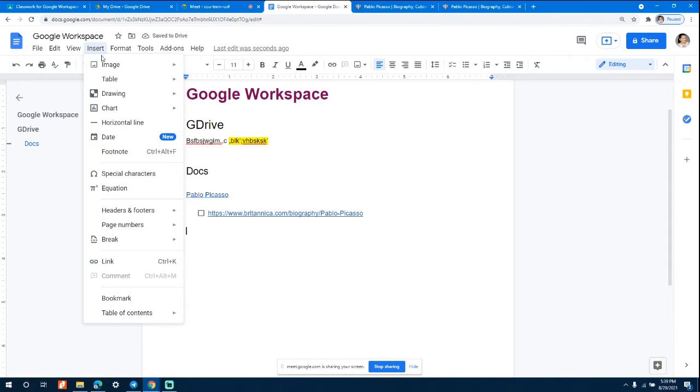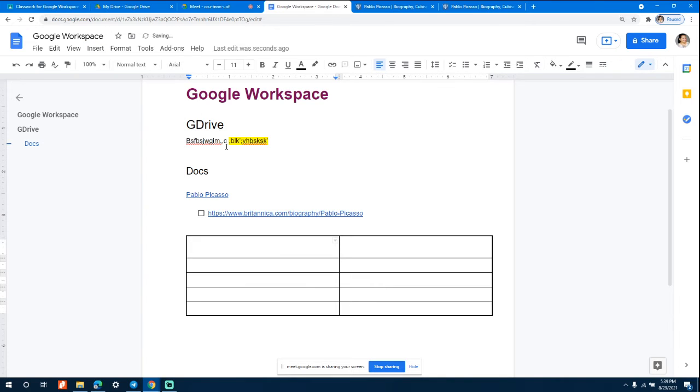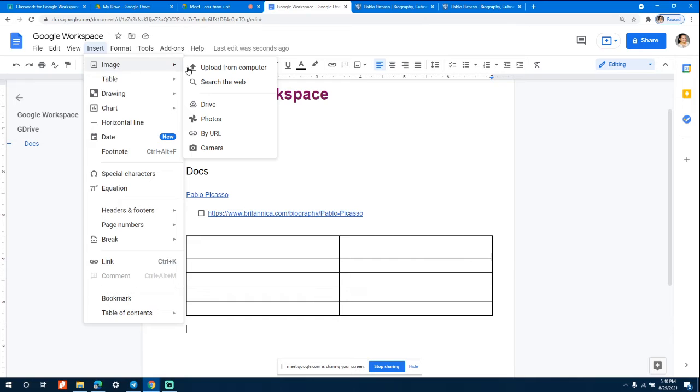I click on insert, I go on table. Let's suppose I want a table like this. So I've got the table. Okay, now I also want to insert an image. Go on insert, click on image. It asks you where do you want the image from. Either you can upload it from your computer, or you can search the web, from your drive, from your Google Photos,